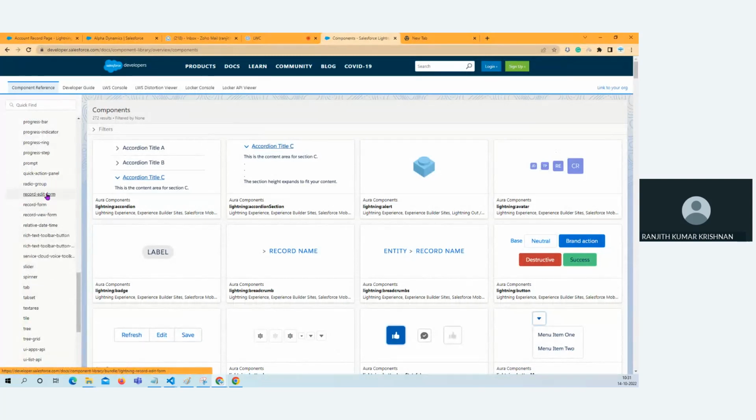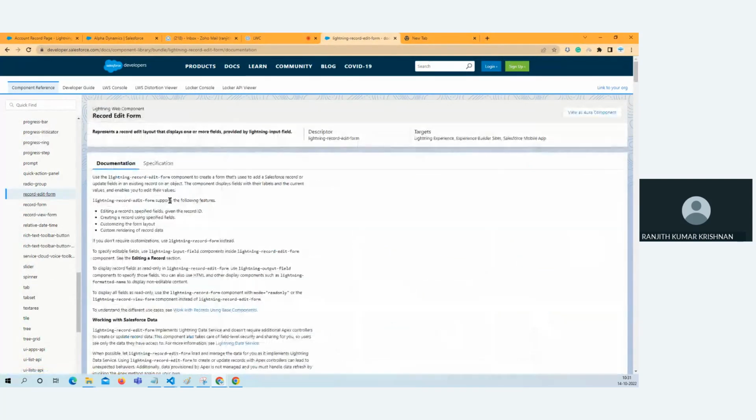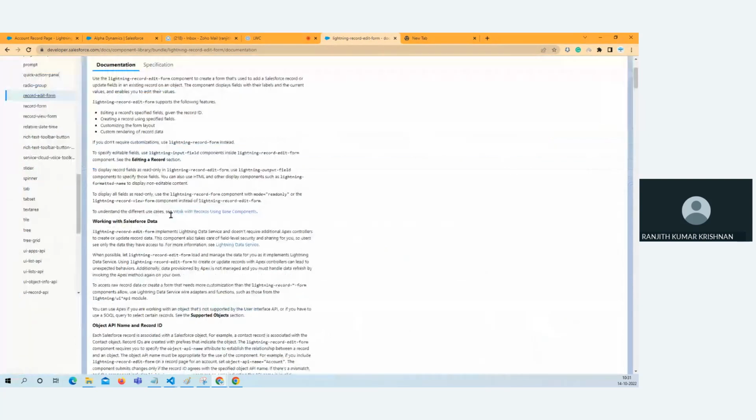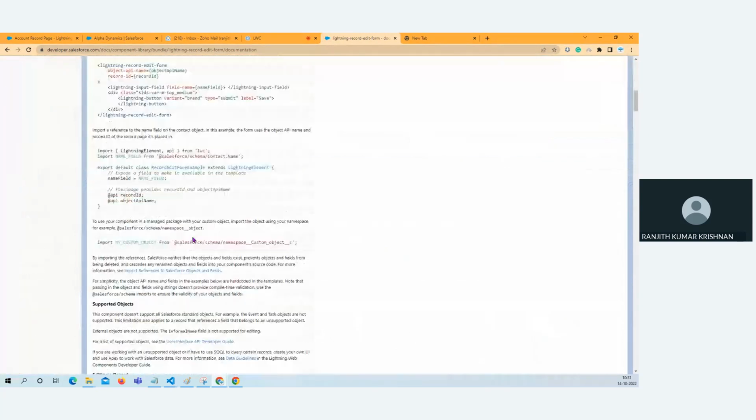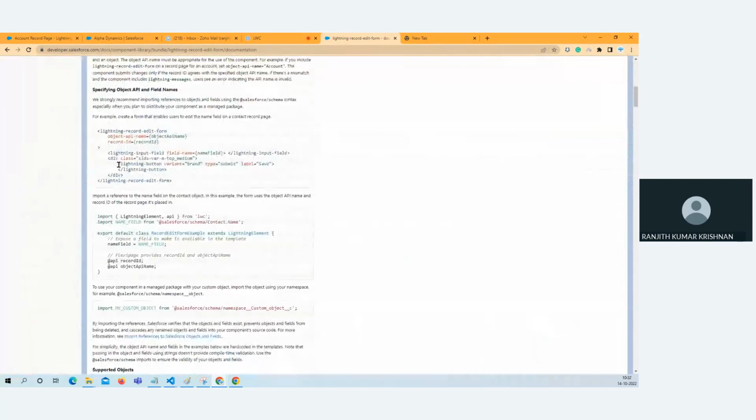Record edit form of LDS reference. You'll see the lightning button type equal to submit needs to be included. Of course, the label is required, but on-click function is not required. So this button will automatically connect to the standard functionality of your edit form. You get my point? Is it clear? So